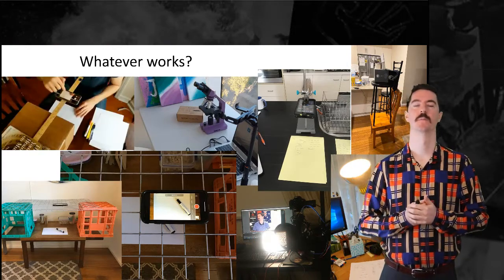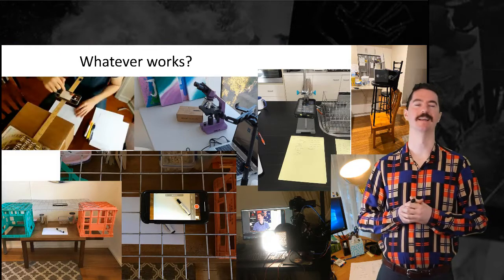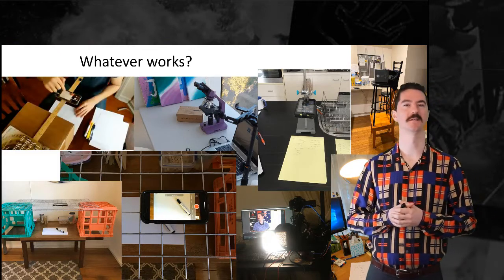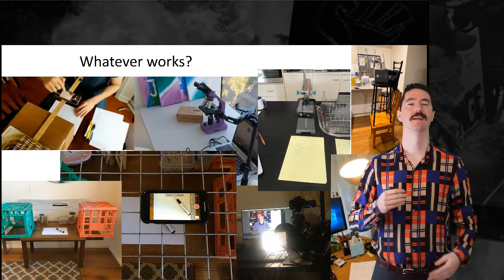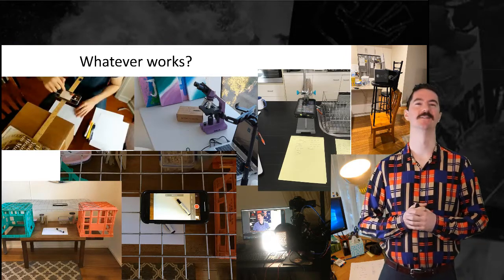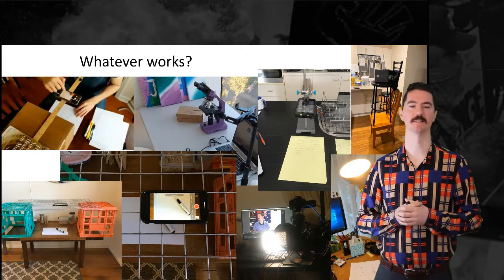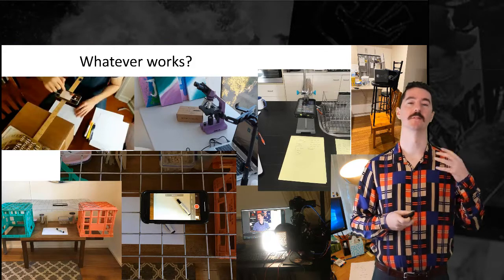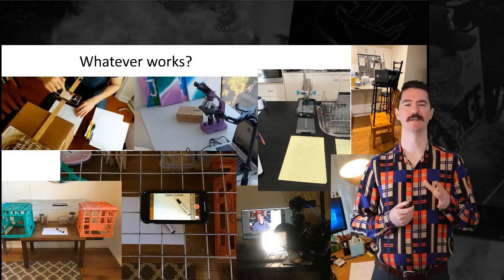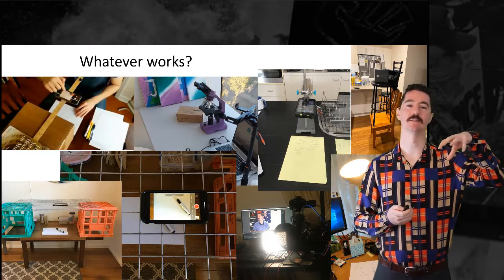So obviously you don't need a whiteboard or a light board or a green screen or anything like that. You've got all the tools just sitting probably in your pocket or on your desk if you are using your laptop. You can do all these things with those, but these are just examples of how people have used it for demonstrations, for example. So you can set it up for a science experiment, and you can do